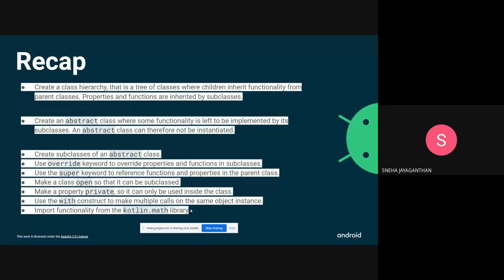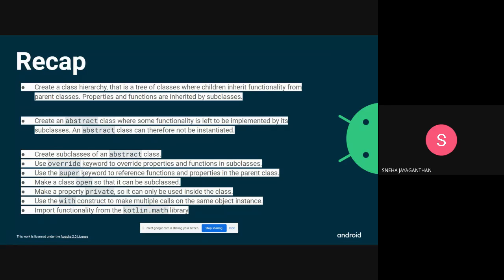And then we created an abstract class where some functionality is left to be implemented by its subclasses. An abstract class can therefore not be instantiated. That is, you cannot create an instance of an abstract class because it doesn't make any sense, as there are no properties and functions defined yet. And then you can create subclasses of the abstract class, and we use the override keyword to override properties and functions in subclasses to give them values.